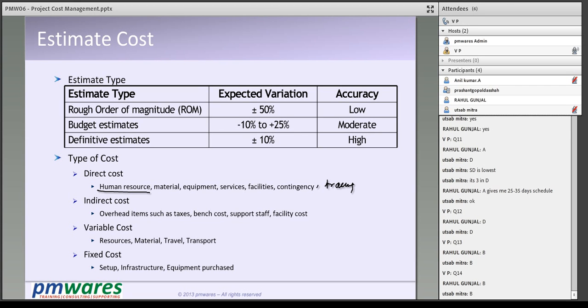It also comes here. Training comes at both the sides. It could be entertainment also. Here also. Such kind of cost also comes. I will tell you what is the difference.